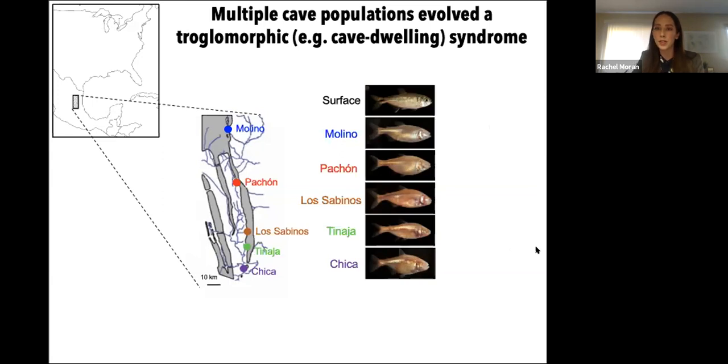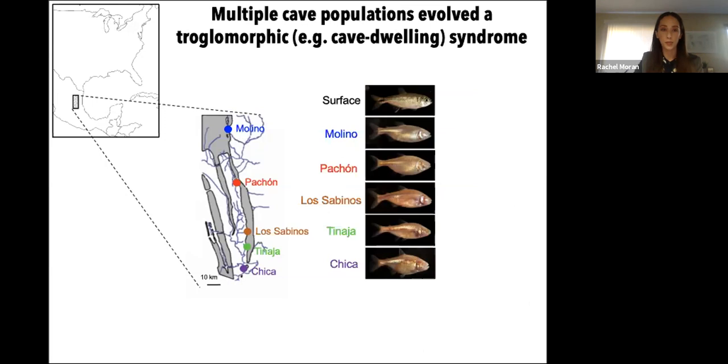And so you'll see that the phenotypes can be variable, but they all share similarities such as a loss of eyes and a loss of pigment. And one really important aspect of the system is that cave and surface ecotypes are interfertile. So this allows for classic crossing schemes to be used to understand the genetic basis of some of these complex traits. And this provides us with an excellent system to examine whether evolution used the same genes and pathways to change these phenotypes from surface to cave forms, and whether there are common characteristics of the genes that led to